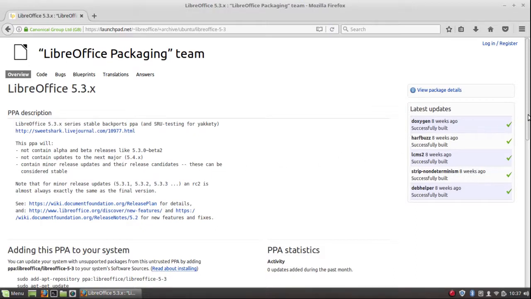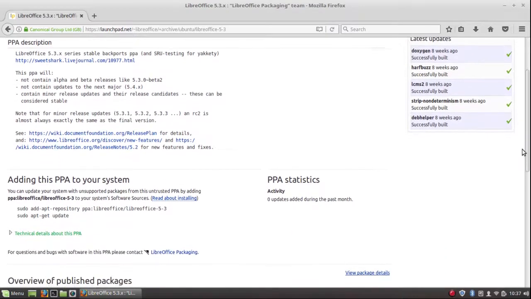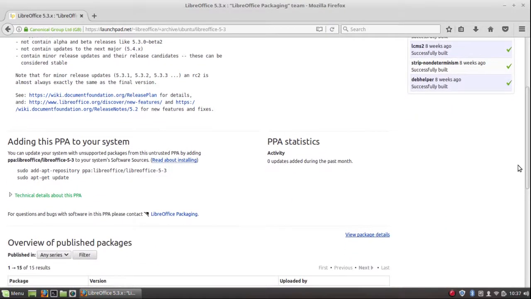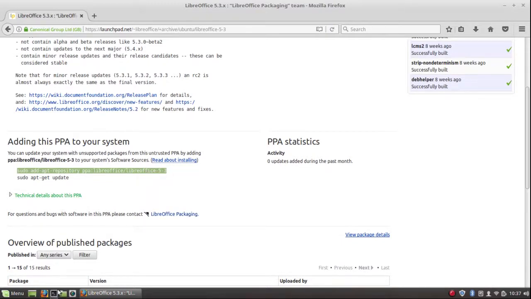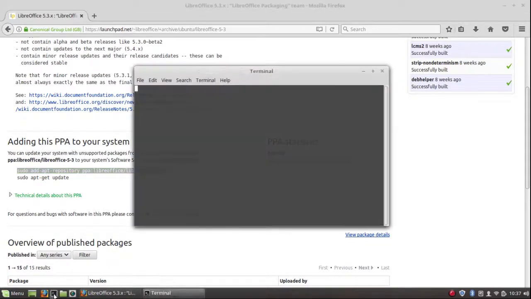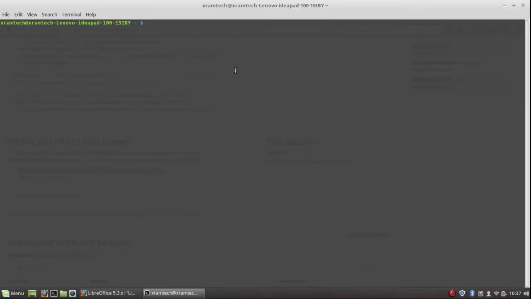And here I get a lot of information, which I'm going to skip over. These are two of the three things you have to do. First of all, I'm going to copy this line and paste it into a terminal,